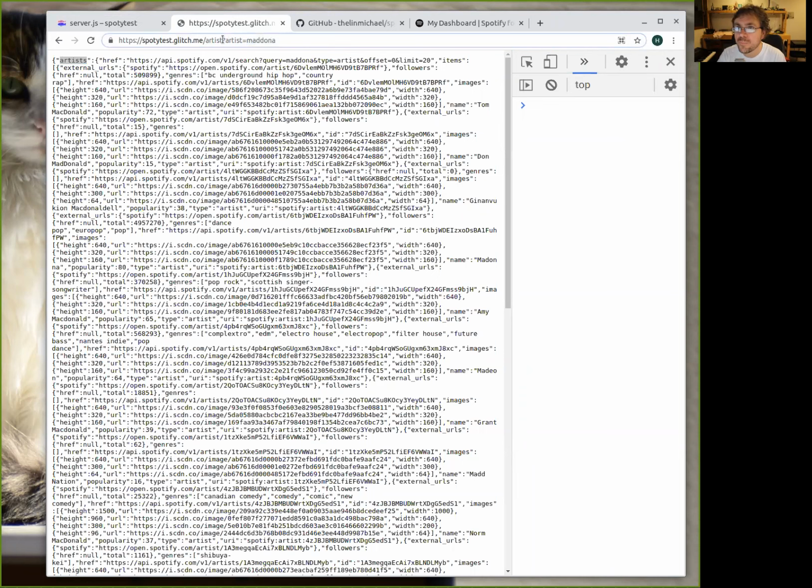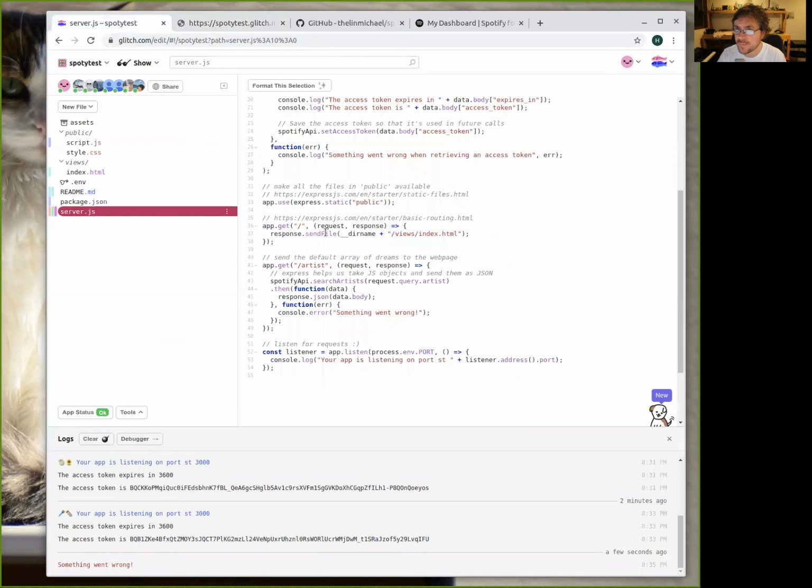These are called parameters, okay? And these parameters are what we use when we talk to the server with the artist tag. And we are saying from the request, give me what is called artist, okay? We wait for the response. And when we get the response, if there is not an error, we respond in a JSON format.